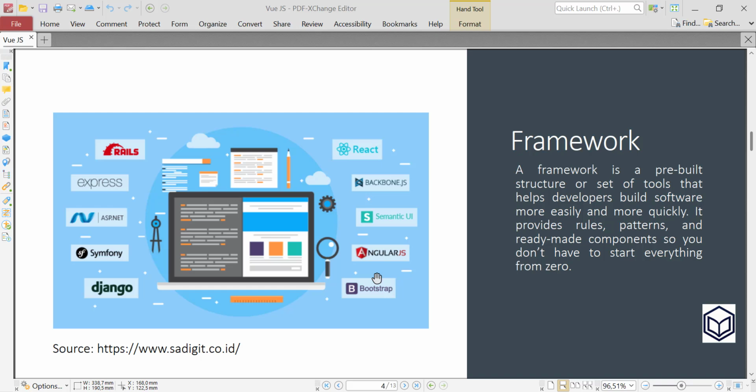Vue.js is a JS framework because in Vue.js we can find many libraries that we can use to develop a website not from zero.